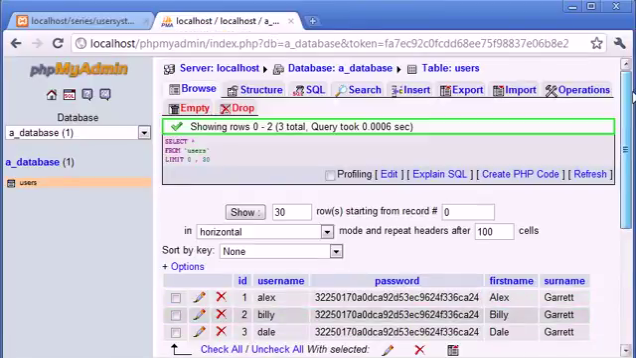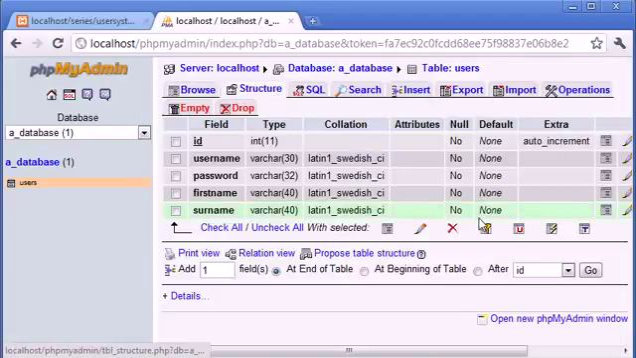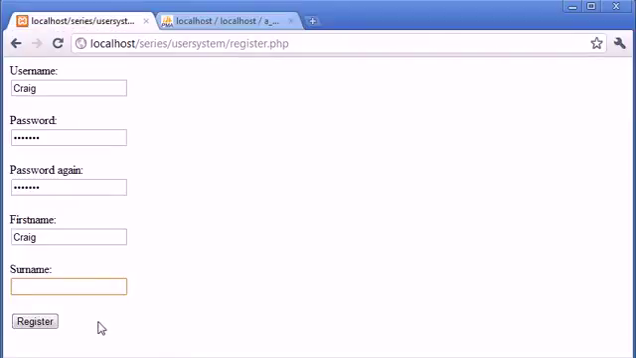So let's click on structure and see how many characters we have. We're storing this as a variable character data type with 40 characters, maximum 40 characters. So what happens if we were to say, let's just say